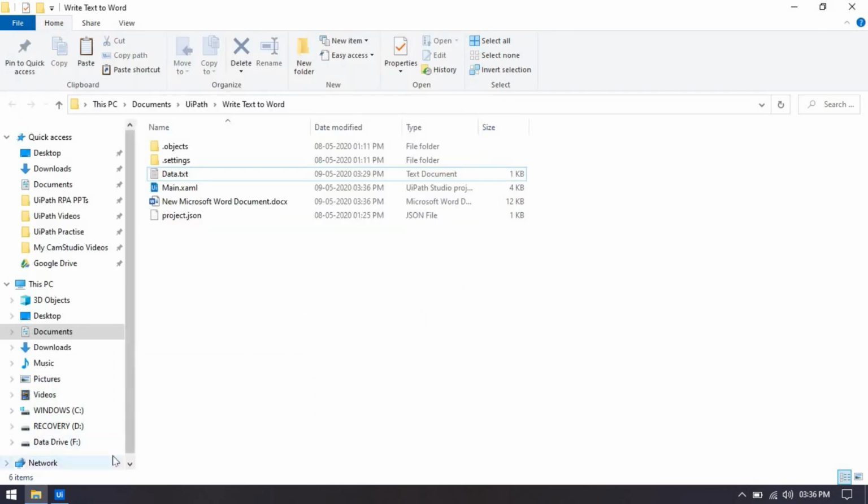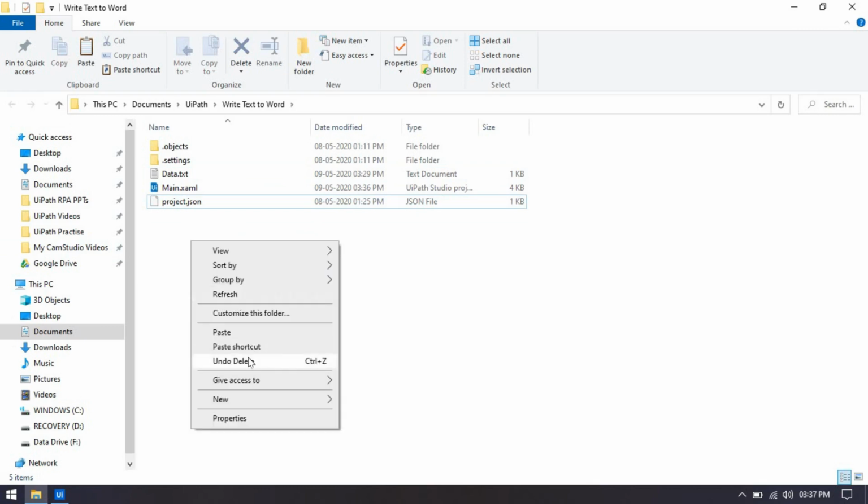Now the exception which I am going to tell you is the one we get whenever we run our Word automation project, while writing the text to the Word file. So I will have to create that scenario so that whenever you get that exception you can resolve it. Let me delete that one, and here I am going to first show you that exception and then I will tell you how to resolve it. Okay, so let me create this